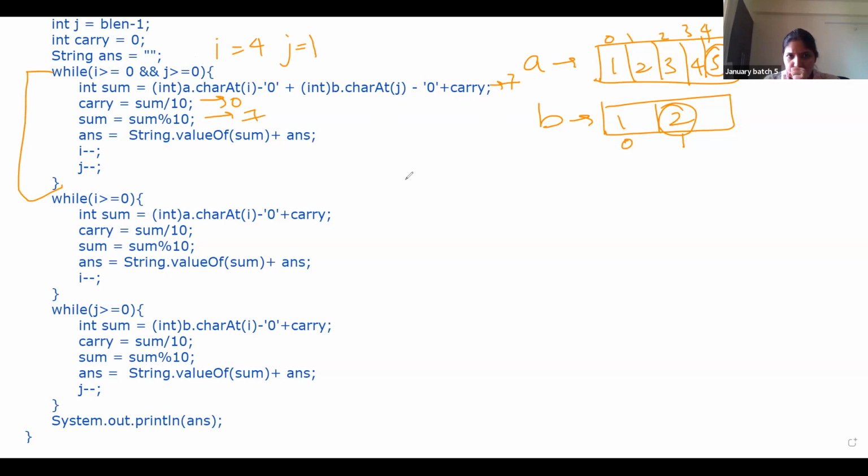So when we do the answer, we add the value here, 7. That's it. Initially sum was 0, so we have added here. Now we say i minus minus. So i comes here and j comes here. Now what do we do? 4 plus 1. What is it? 6. Now we say, okay, sum is 6. Carry is 0. Sum is 6. Now